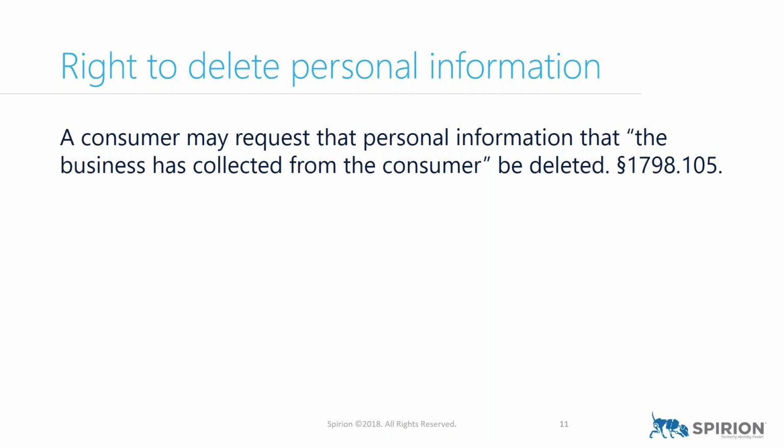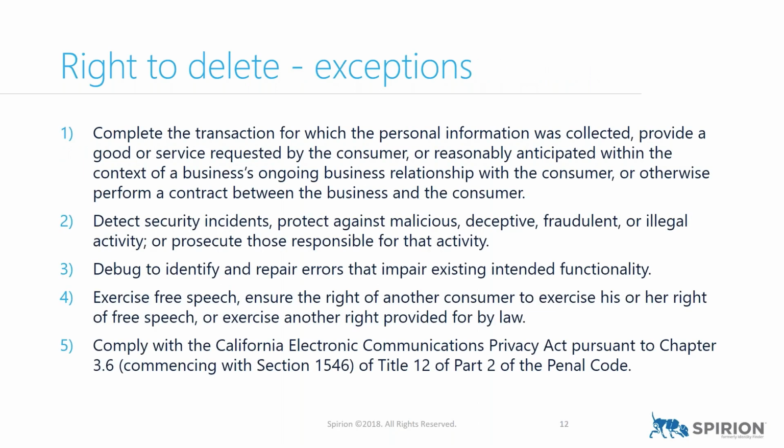Now, are there exceptions to it? Yes, there are some exceptions. I'm just going to run through it super quick because I know someone will probably ask, hey, can I get my grades erased from that for-profit college I went to if I didn't like my grades? The answer is no, and I'll show you why. On the next slide, you'll see that one of the exceptions is to maintain a contractual relationship. In fact, that's item 1 here, contractual relationship with the consumer. Presumably, part of that contract is not erasing student records or making student records available from now until you die, basically. Effectively, that's going to be an exception that a for-profit university would invoke. And there are other ones as well here, as you can see. I'm not going to drill through these because they're not going to be relevant very often, but they are here.